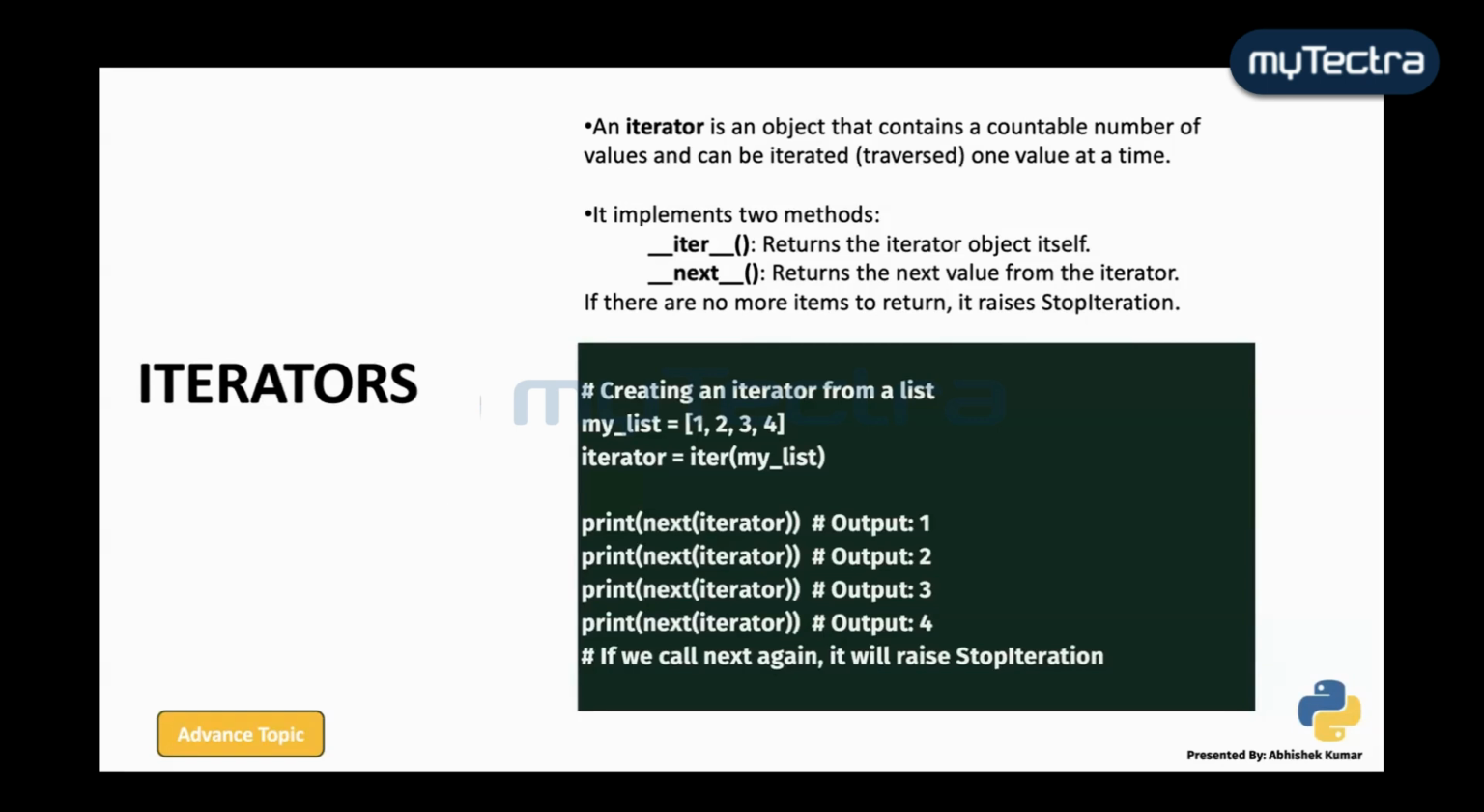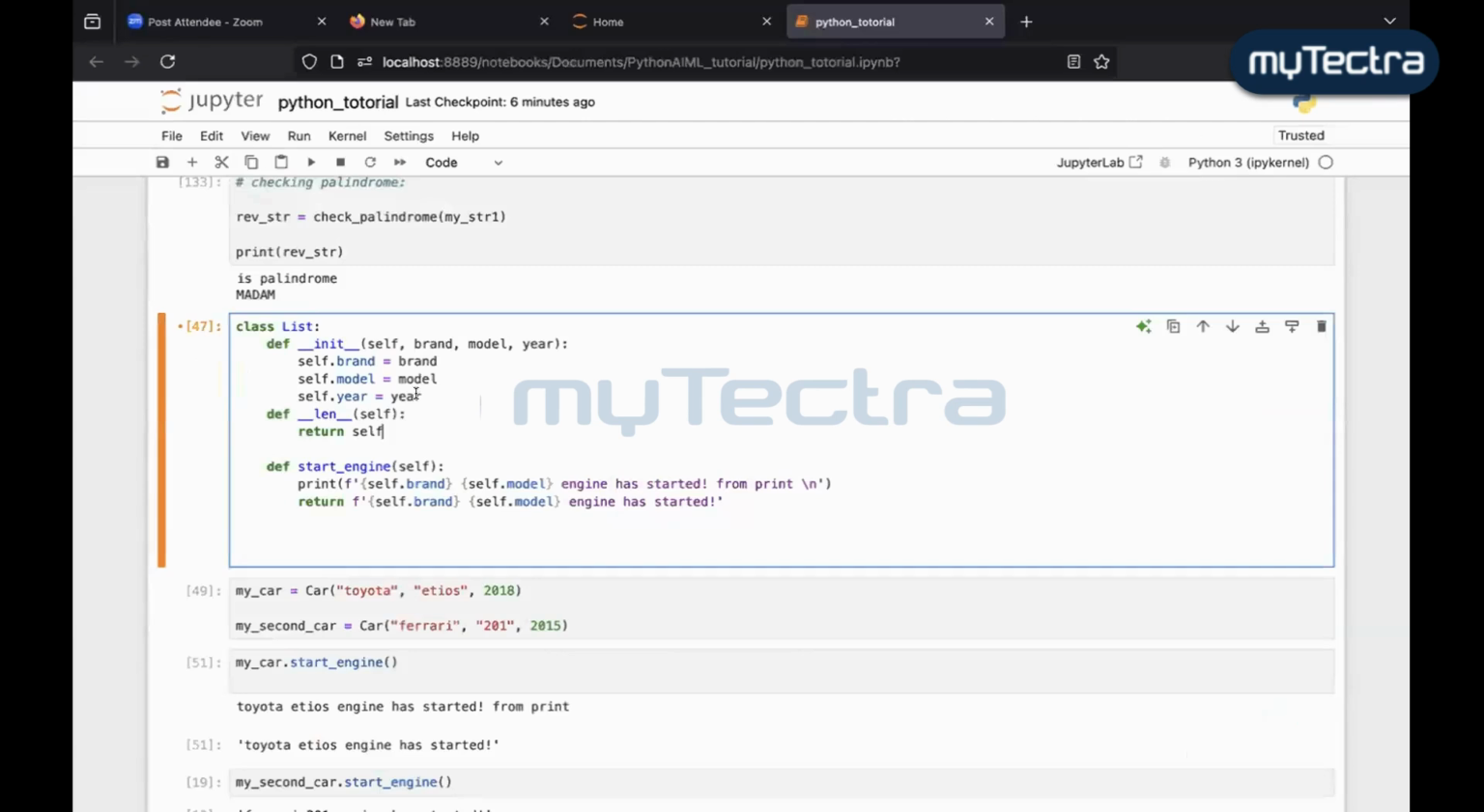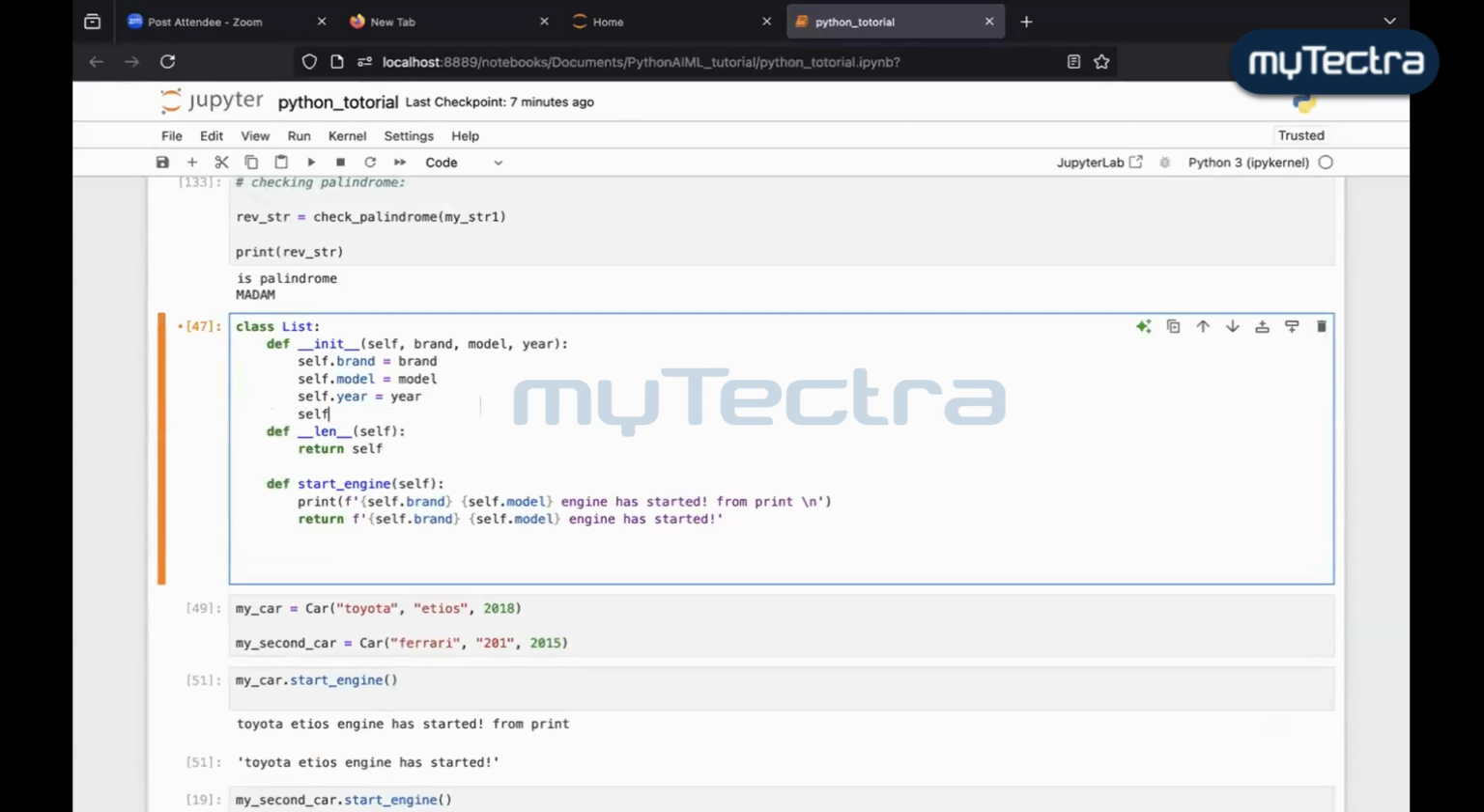It is a list of instructions that has to be followed for that particular class. There is an initiator which will initiate the complete class, and self will bind the attributes. There are different methods like start engine, stop engine, like this for that particular class. In my init also, I can call upon my methods also, like self dot